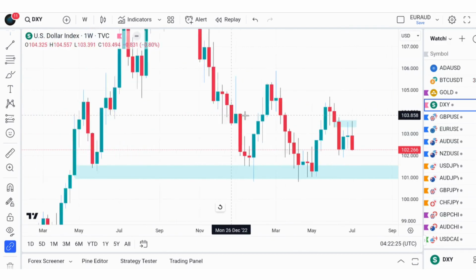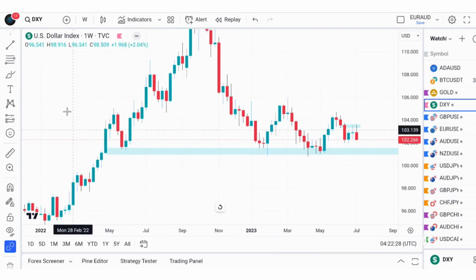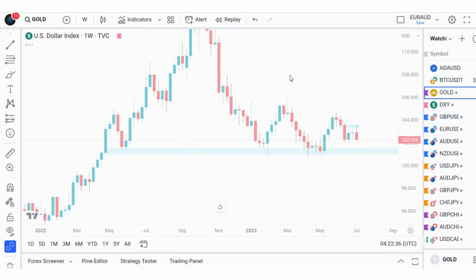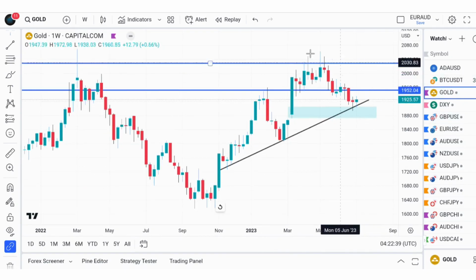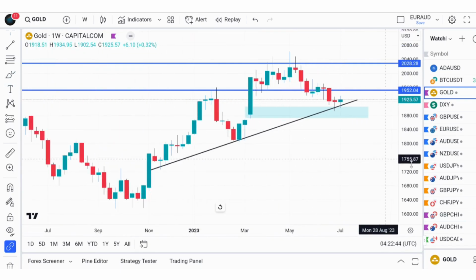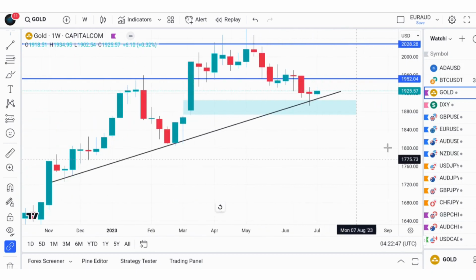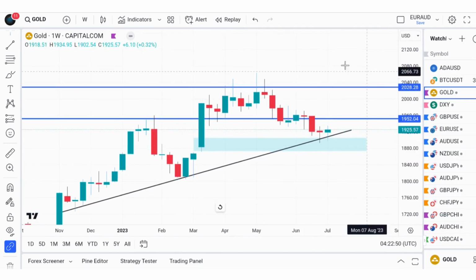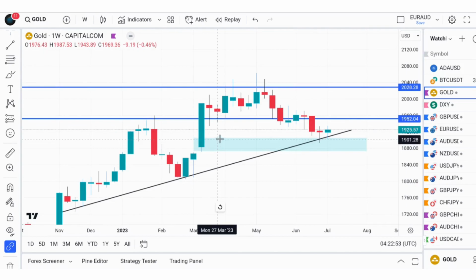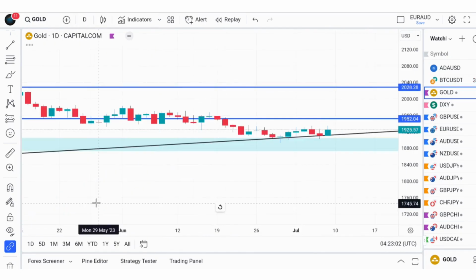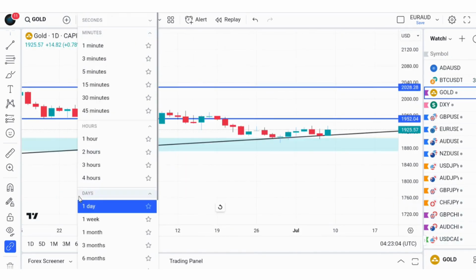So having said that, let's check the currency pairs attached to the United States dollar before we go to the other currencies. So the first one I want to take is gold. So with the US dollar weakness technical this week, as we are looking forward to more weakness in the US dollar, unless we have the CPI report coming to the rescue, we are still looking at gold to the upside, because if you check, let's go back to the weekly time frame.